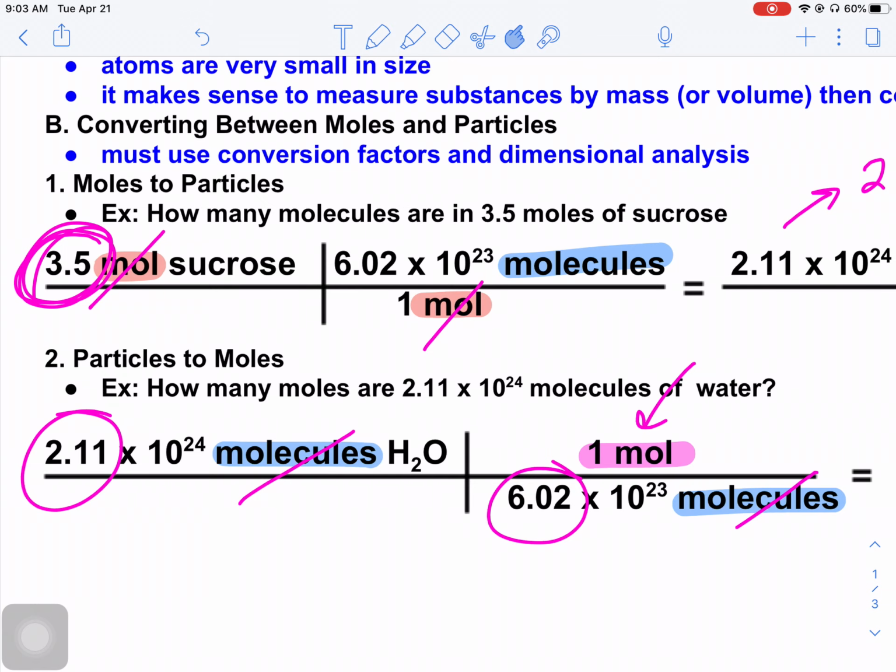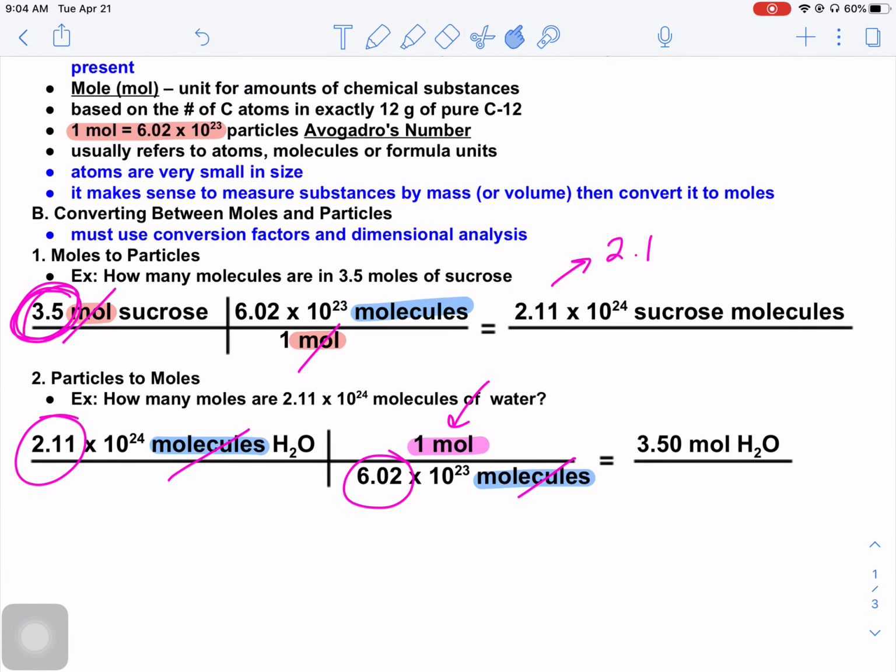So I would say that our answer should probably keep 3 sig figs. And in this case, 3.50. We don't even need to use scientific notation for this one. It's just 3.5 and 3 sig figs. So those are the examples, and I'm going to do a few examples from your homework today, and hopefully you'll